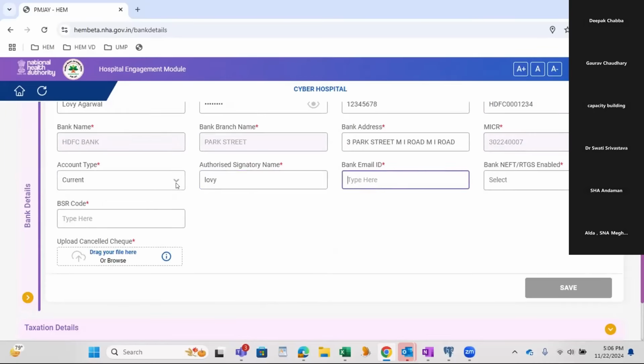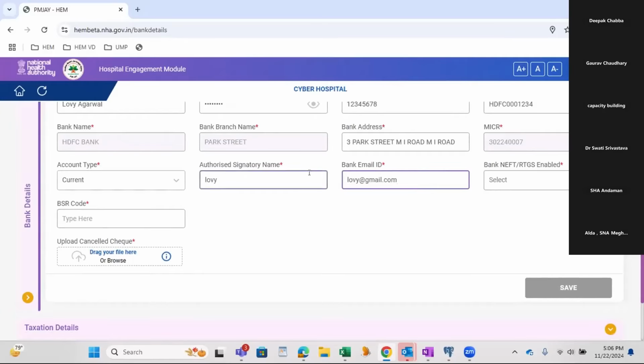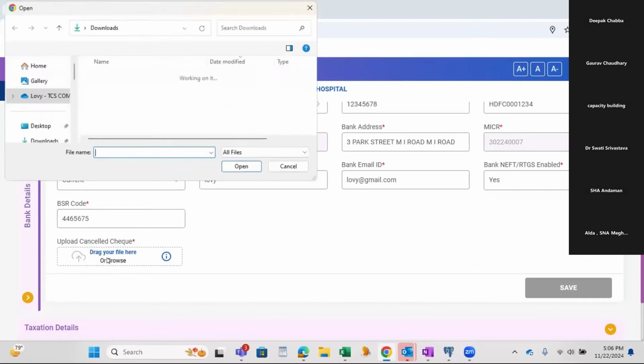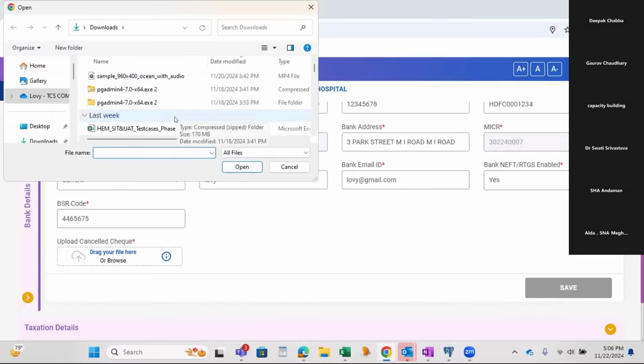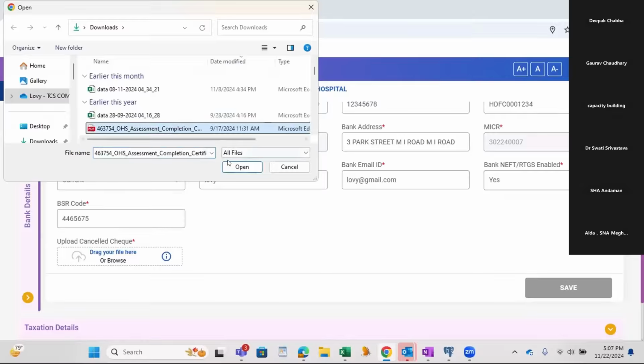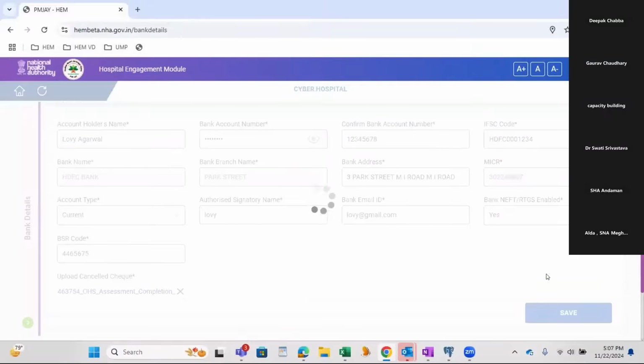Email ID, bank email ID, BSR code. So I'm filling all the bank details.